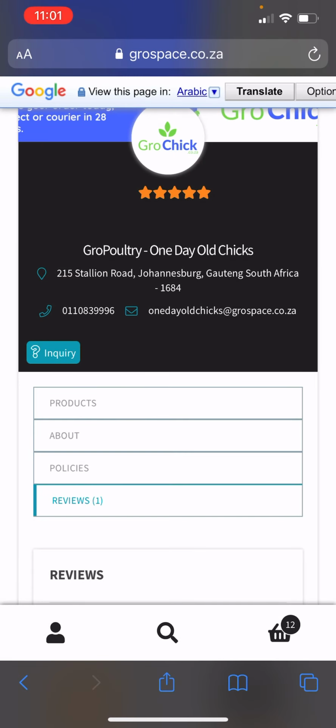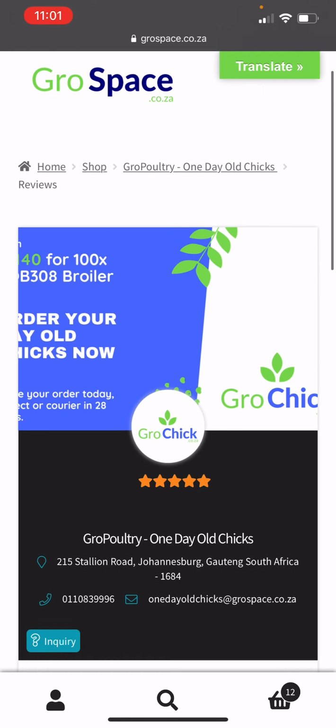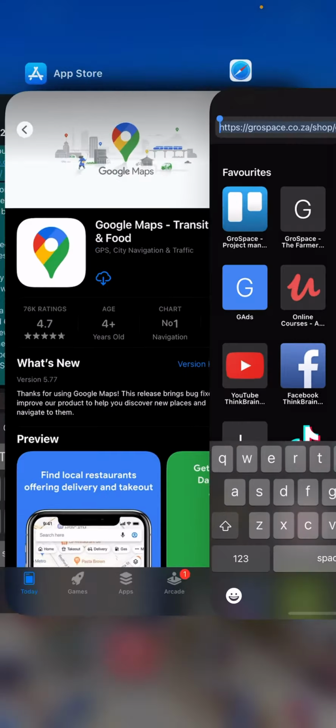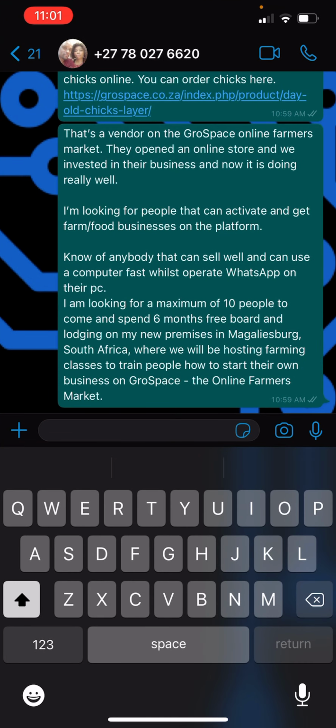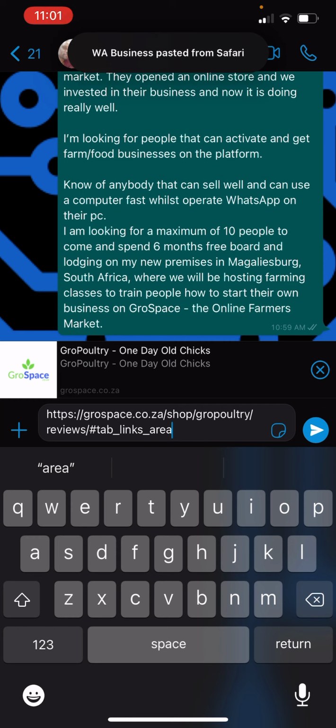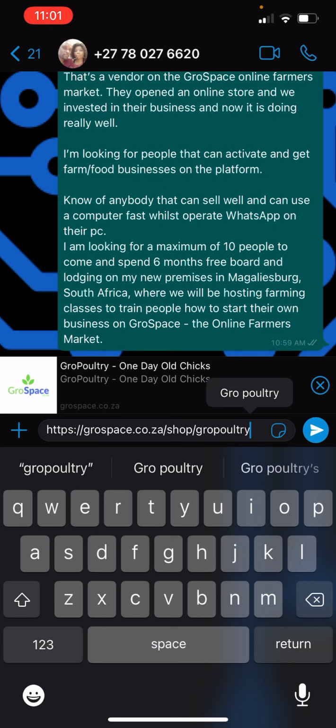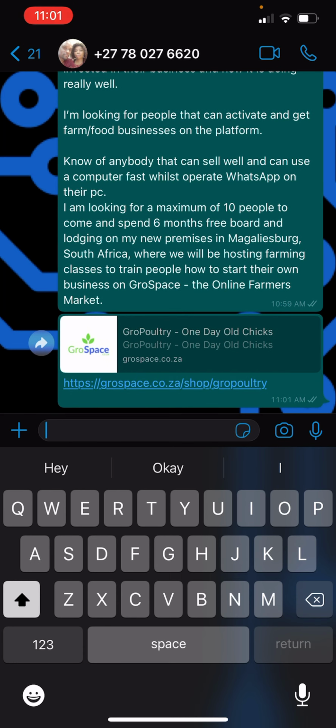Okay, so I'm going to turn this on its side. I'm going to get rid of that. And what I'm actually going to do is collect this, copy, and I'm going to cancel this tab. Grow Poultry is what I'm going to leave it with. Send that. And there we have it. So I'm going to copy and paste this